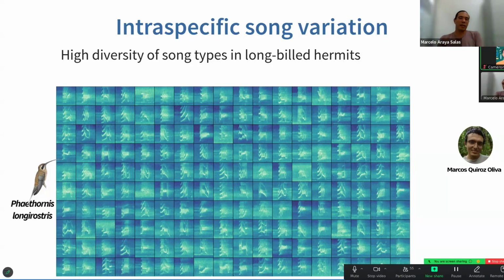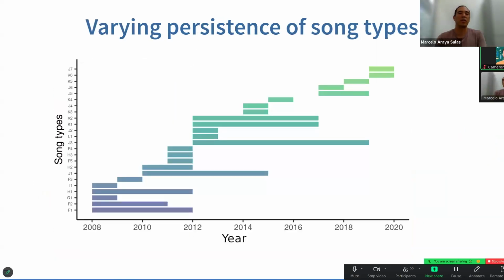And we wanted to understand where this high diversity comes from, and some aspects of this interesting process that we can call a cultural evolution process of creating these sound types, which I think is better represented with this graph. Here in the vertical axis, we have the different sound types, and the bar means the years in which each of those sound types was found at the leg. This is for a single leg. I'm not showing you the entire data. For the entire data, we have 12 different legs. But for one of these legs, we can see